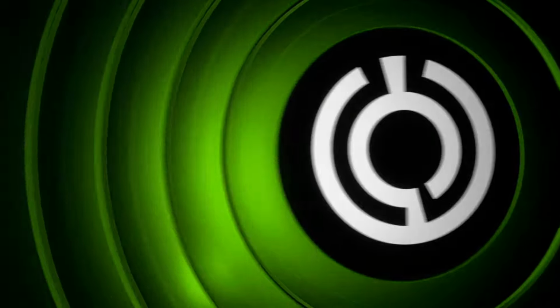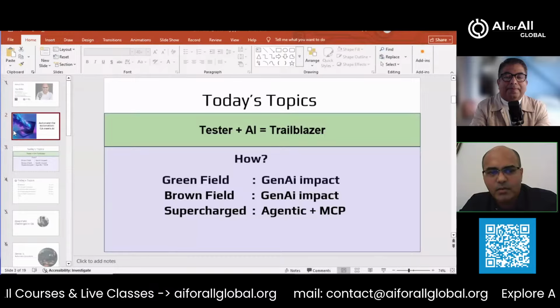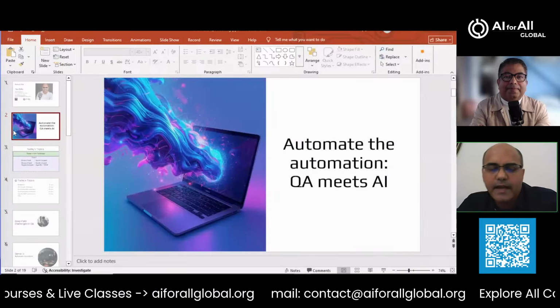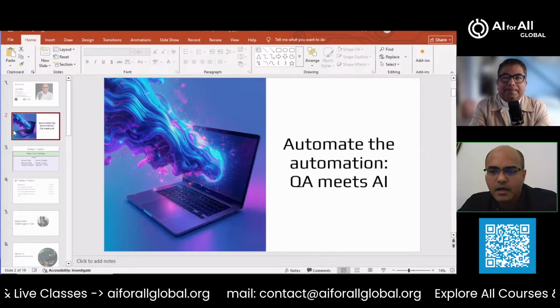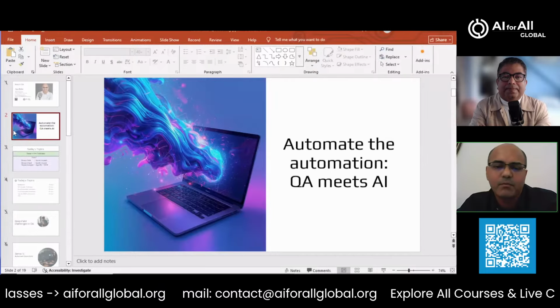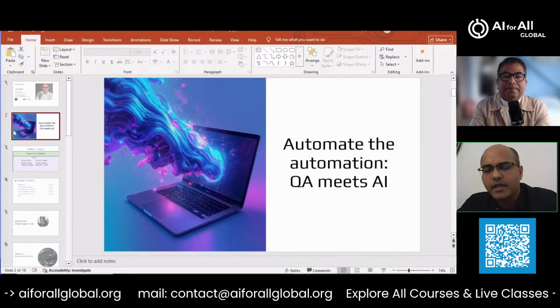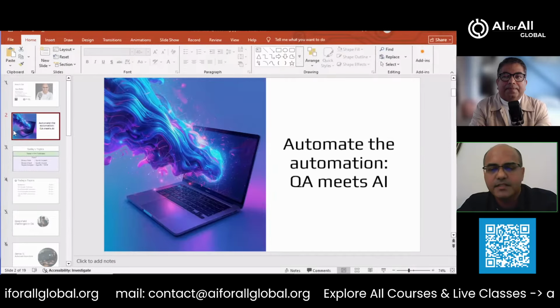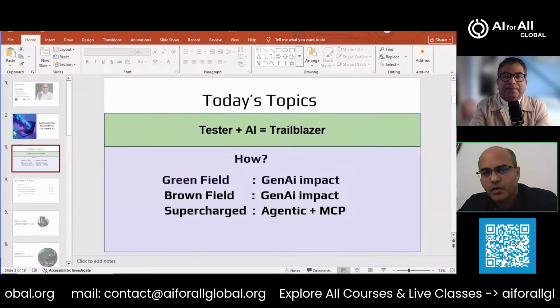So for that, I will just go ahead and explain to you the way this session will go. Here we will talk about how we already know that there is a lot of automation that happens in QA. What we will talk about is how we can provide improvements on that, and for certain things that our QAs do on a daily basis, can we put in something that can ease out their life even more. All right. So this is how we will go about this session.